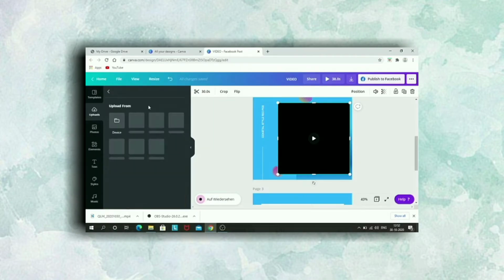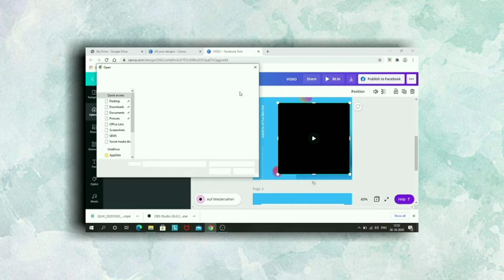So once the video has been downloaded, you can upload it to Canva by first downloading it onto your desktop, and then you will upload it from your desktop to the Canva website.